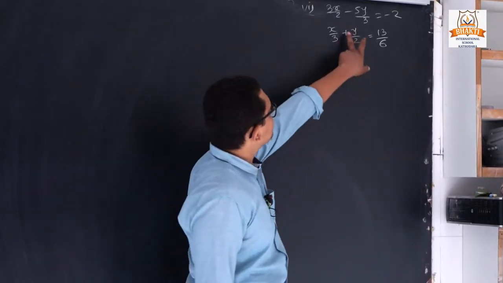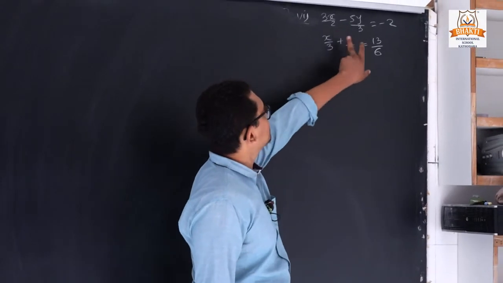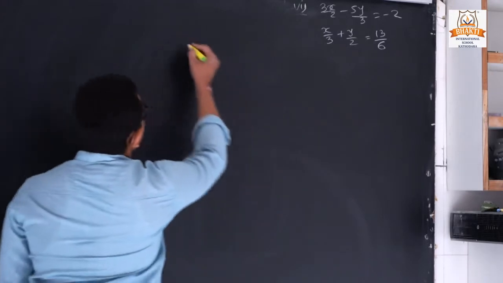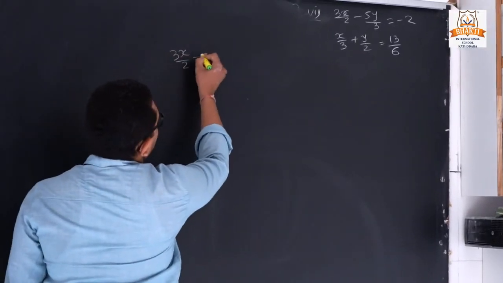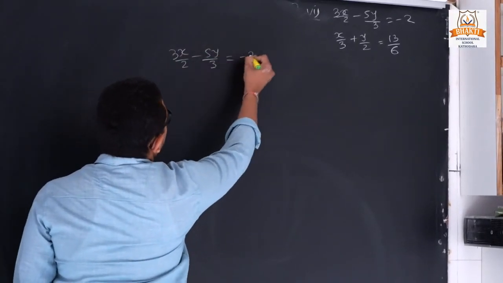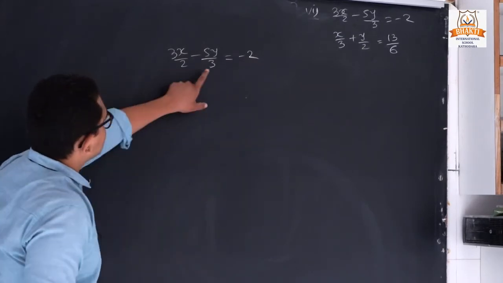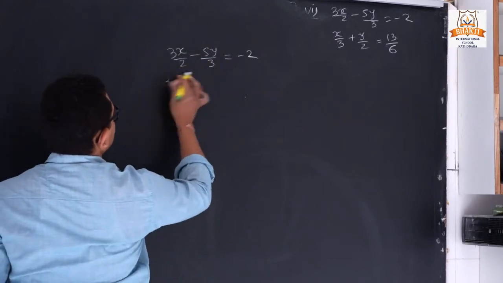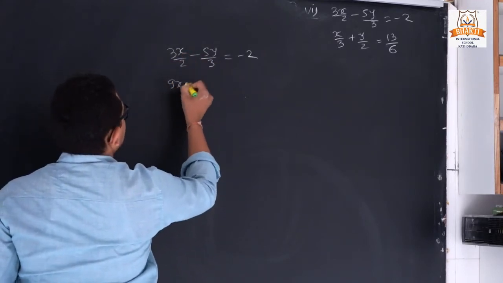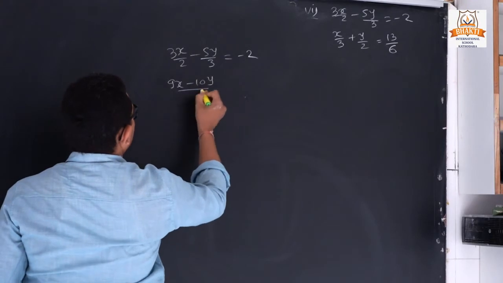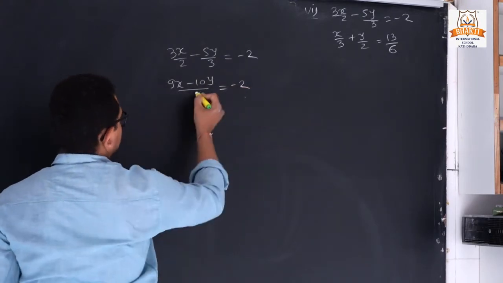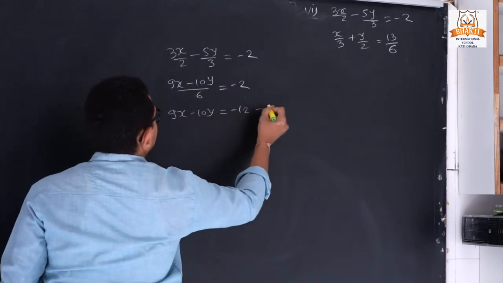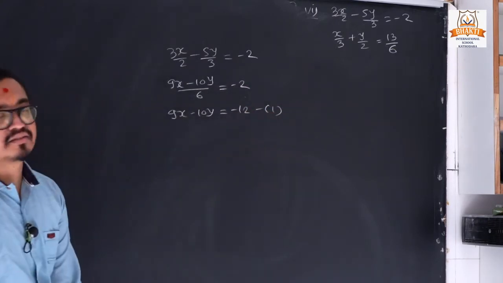Now last question, question number 6. So here once again see that in a denominator term we have some number. So first of all we can simplify this equation. So we can write like that, 3x upon 2 minus 5y by 3 is equal to minus 2. Now simplify this. What is LCM? 3 into 2, 6. So these 3's multiply with this. So 3 3's are 9x and 2 5's are 10y upon 6 is equal to minus 2. Now 6 is going second side. So 6 2's are 12. We can declare it is result 1.